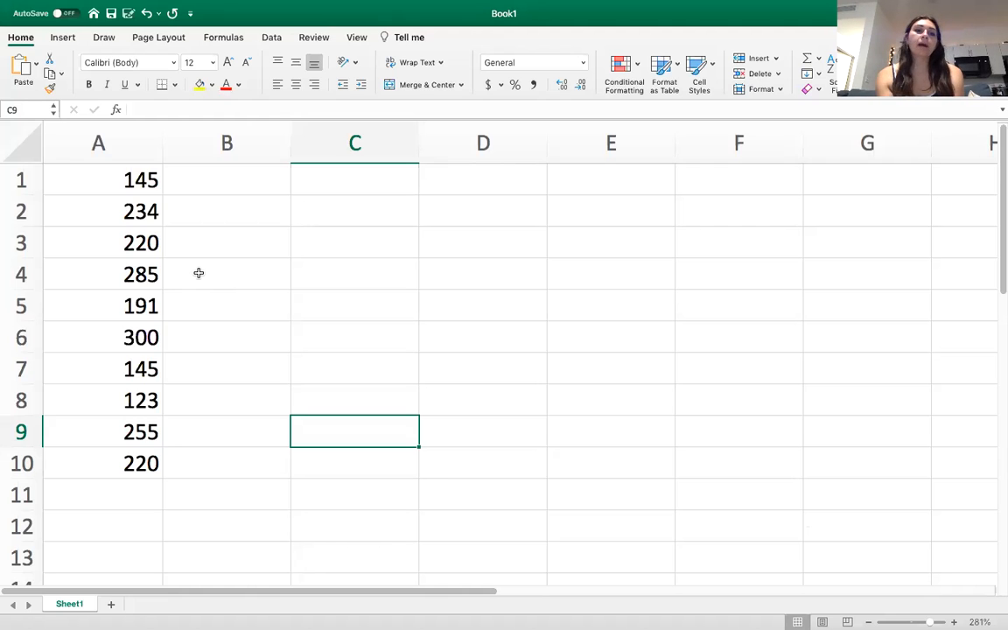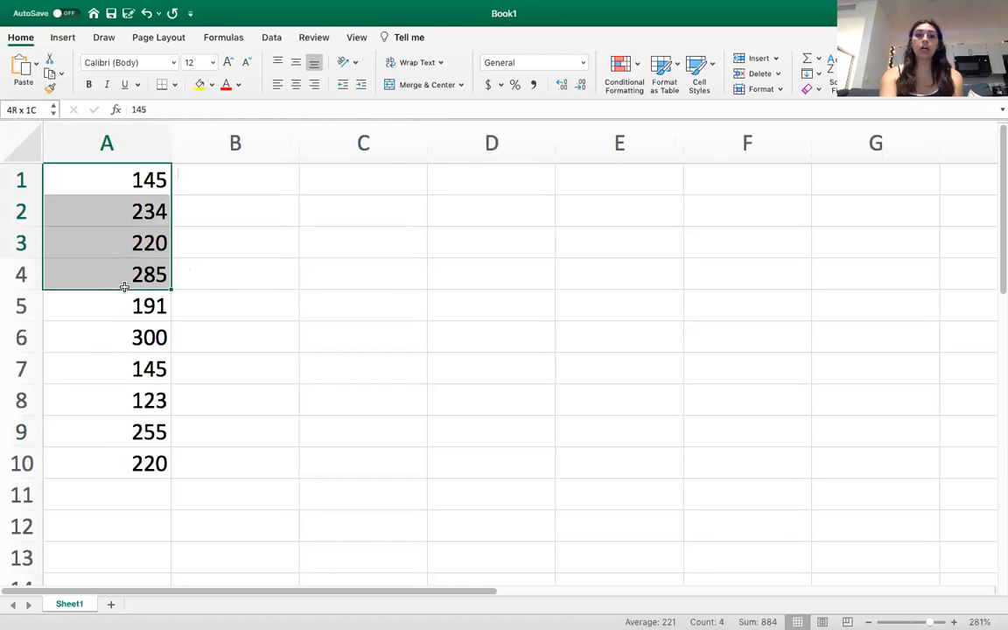So I just pulled up my Excel spreadsheet and I have 10 cells filled with different values. As you can see, it starts up here at cell 1 at 145, and then in cell 10 it has 220. It's not in any particular order. But if you wanted to sort it from smallest to largest, say, or you could even do largest to smallest,